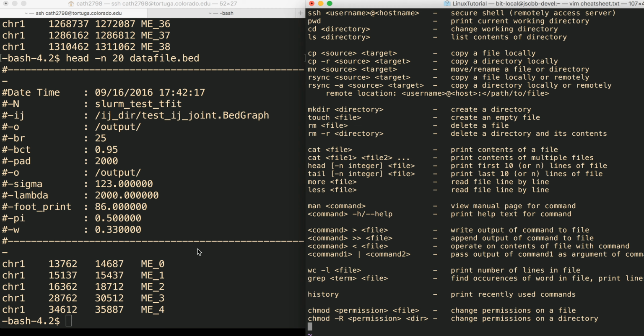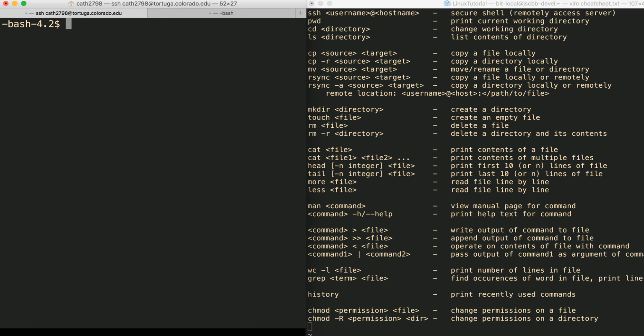One thing that's really useful in Linux, if you're ever not sure how to use a command, is the man command, short for manual. It shows you the manual page of any given command on your system, as long as it has a manual entry. So for example, if I want to know more about the options available for the command ls, do man ls,